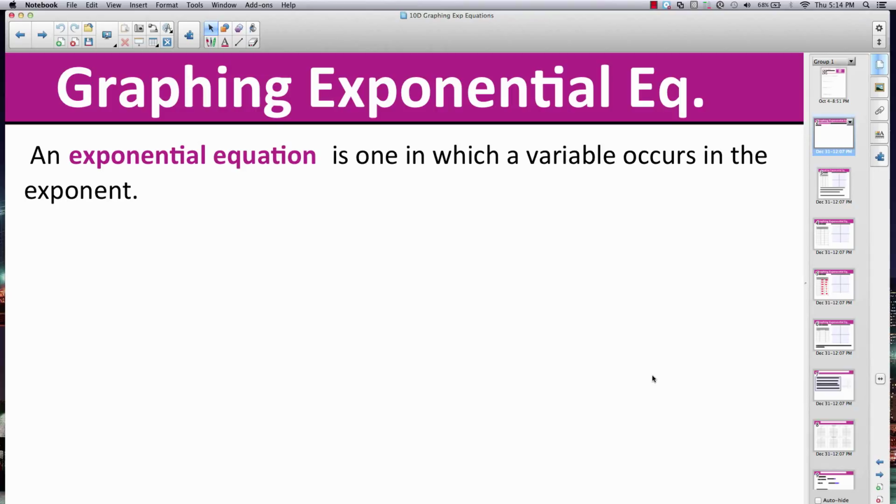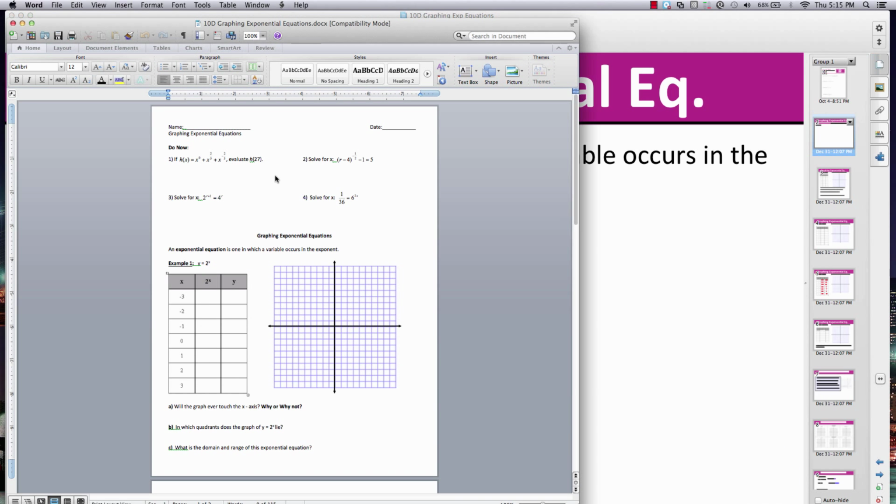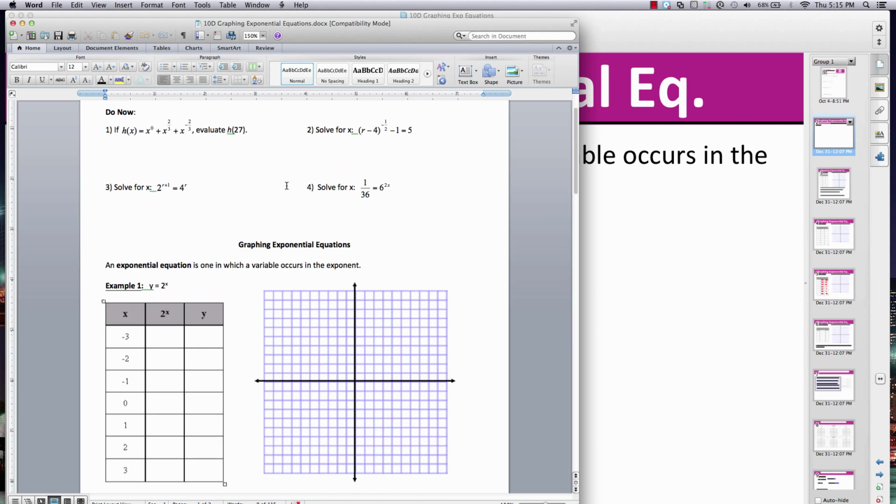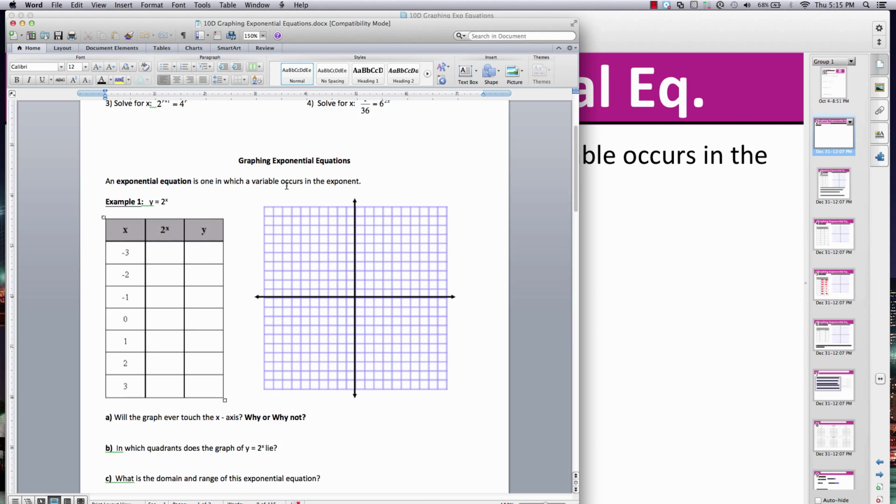Hi everyone. So this is a lesson that Miss Sinclair and I would have taught you today if it wasn't for the 2-hour delay. So today we're going to talk about graphing exponential equations. So in your unit packet, it is the page that looks like this. We're going to actually skip the do now, and we're going to start at this portion here and look at